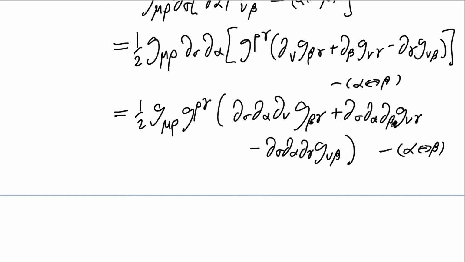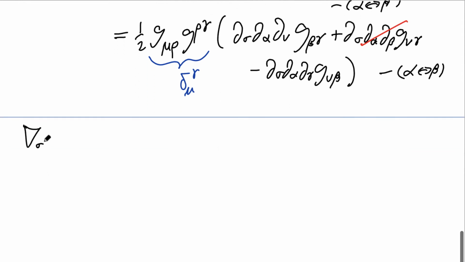Now let's notice that this term involves ∂_α ∂_β, and of course, the partial derivatives commute, so this term cancels the corresponding term in here where we swap alpha and beta. And also notice, of course, this is Kronecker delta δ_μ^γ, so when we sum over this repeated index gamma, it will just replace the gamma with a mu. So what we're left with is,